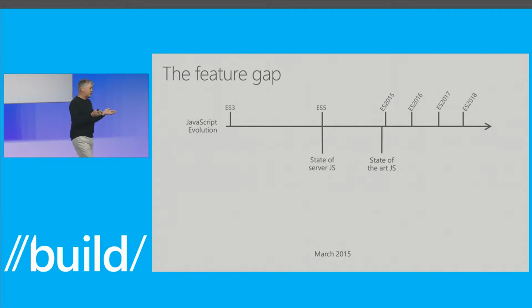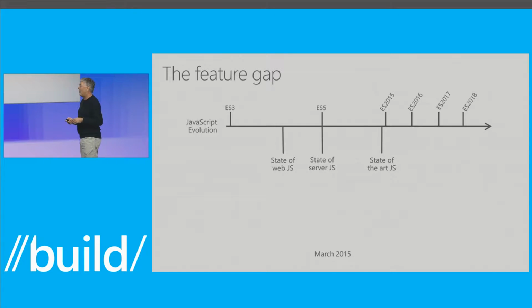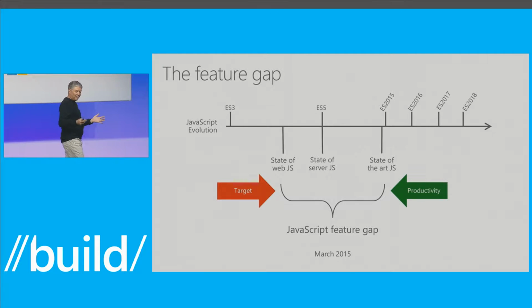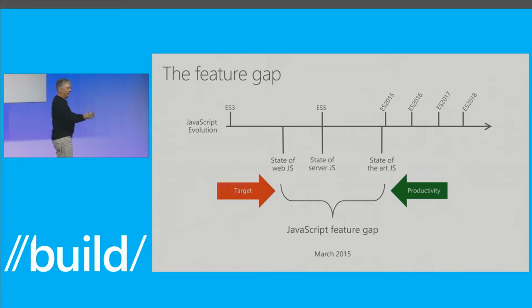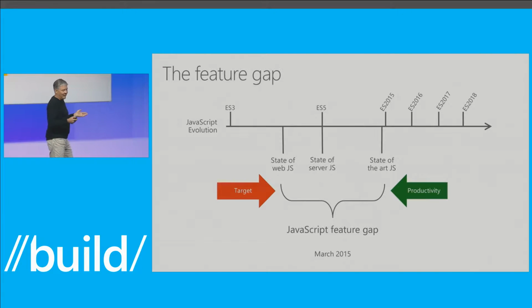on the server, Node.js had only gotten to about ECMAScript 5. And on the web in the wild, well, it wasn't even clear that you could assume ECMAScript 5 at that time. So there's this gap of where you want to be as a developer, but where the target that you actually have to run on is at. And because JavaScript is extremely heterogeneous, you got to target possibly down-level Android phones that never get updated, that run on old versions of JavaScript.